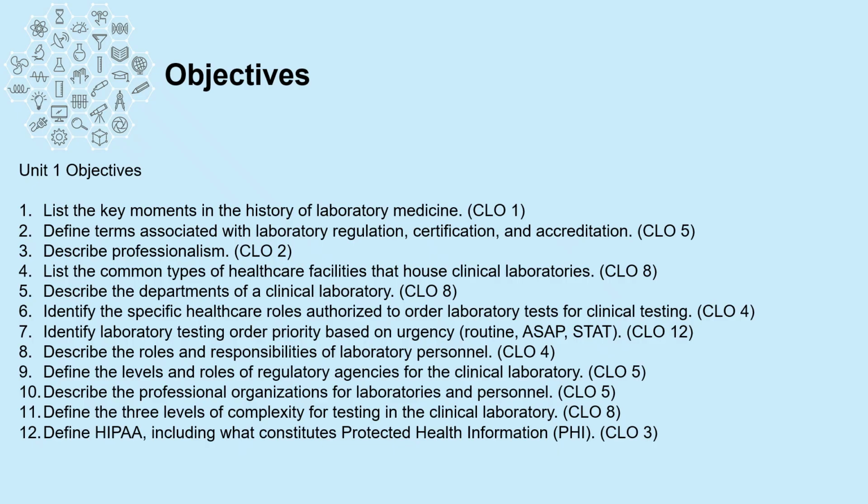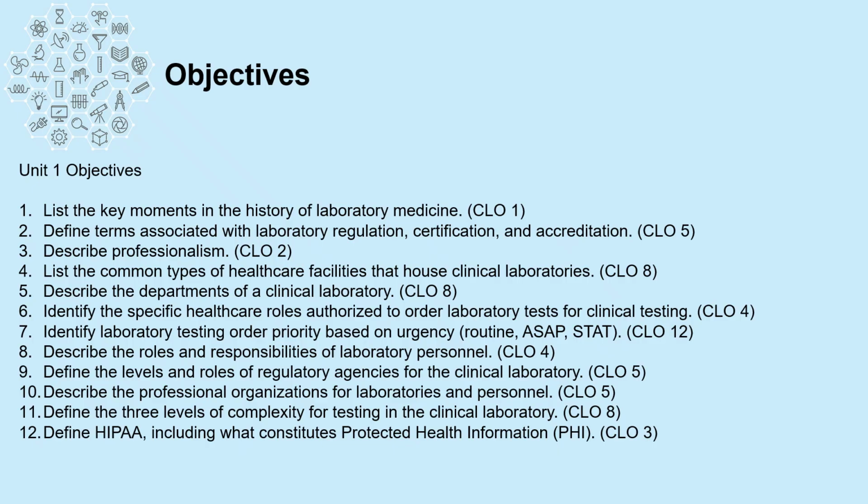I would then review the content, and then go back and answer each one of these objectives. If you can answer all of these objectives for each unit, chances are you're going to do quite well in that course. So for this unit, I want students to list the key moments in the history of laboratory medicine, define terms associated with laboratory regulation, certification, and accreditation, describe professionalism, list the common types of healthcare facilities that house clinical laboratories, describe the departments of a clinical laboratory, identify the specific healthcare roles authorized to order laboratory tests for clinical testing,